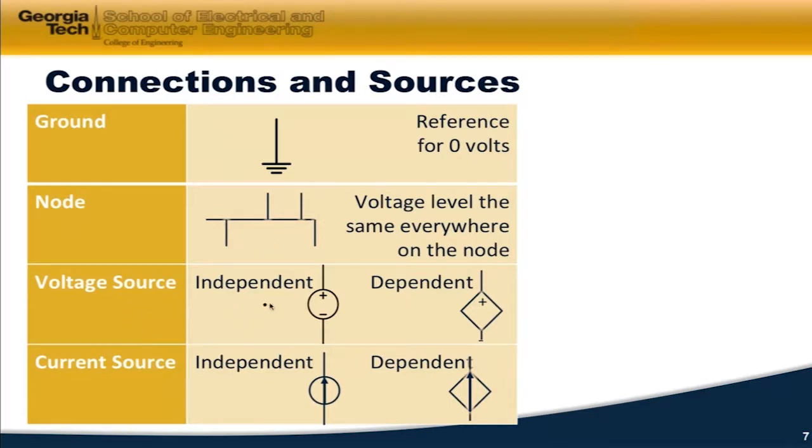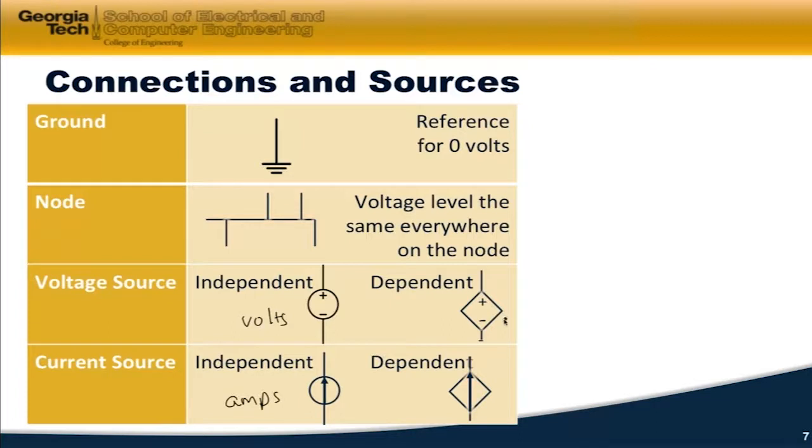Our voltage source, we have independent sources for both the voltage source and the current sources. Independent sources will show as circles. The units on a voltage source are going to be in volts. Units on a current source are going to be in amps. Oftentimes, we supply them with smaller amps, maybe milliamps. Dependent sources have the little